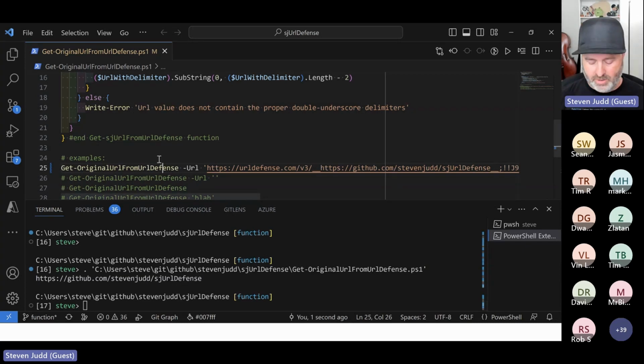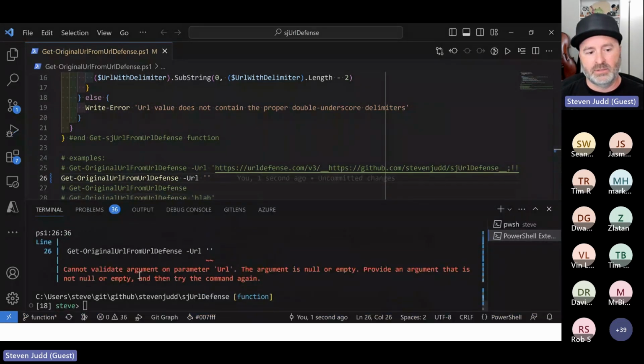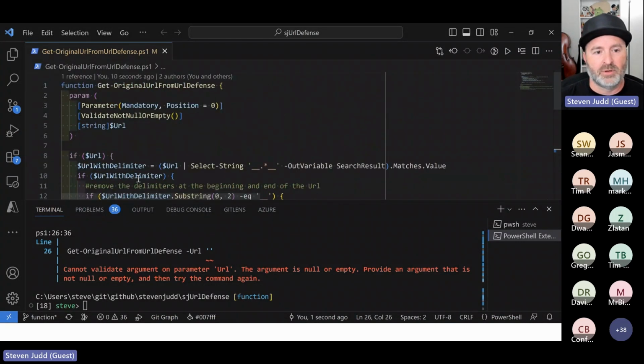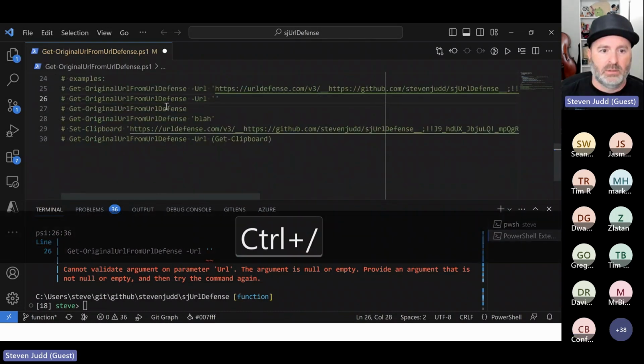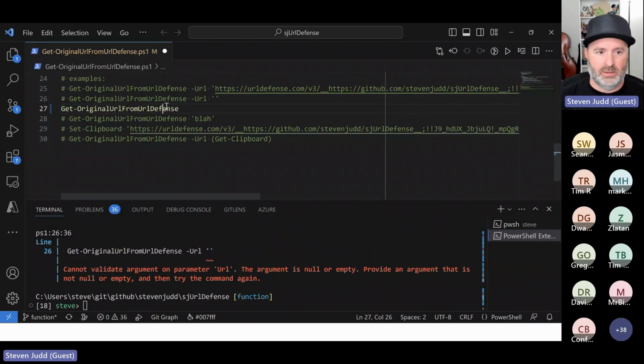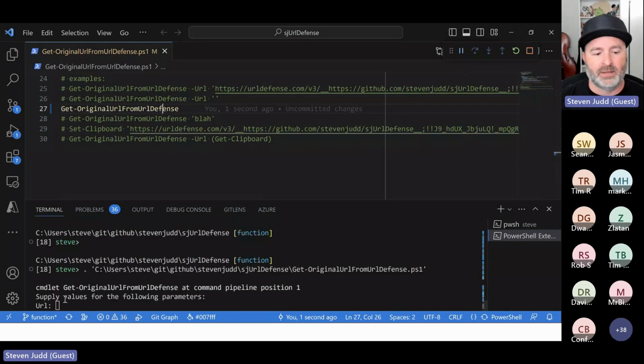Okay. Now I can comment that one out, uncomment this one, and press F5, and it'll do the next one. All right, so it gives me the thing, hey, I can't validate on URL. Now, this validation error, where it says line 26 is the error, it's coming from this validate not null or empty. Okay, that's good. So now we're going to send it the blank and watch what it does. And this time it says, hey, mandatory. You must put something in here. I'm not going to run that.